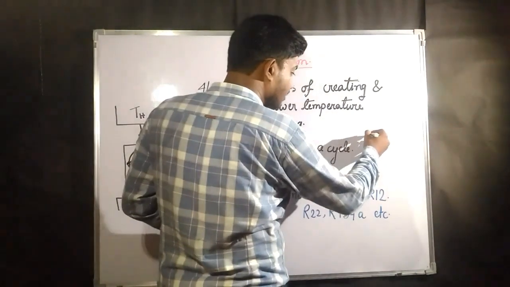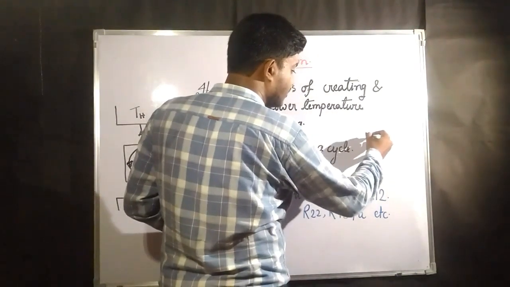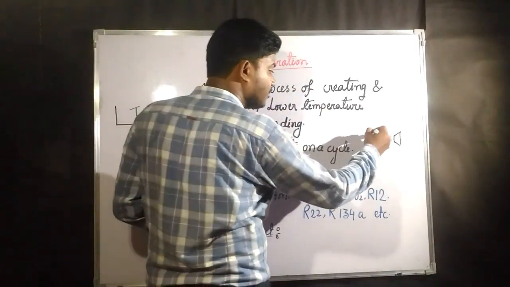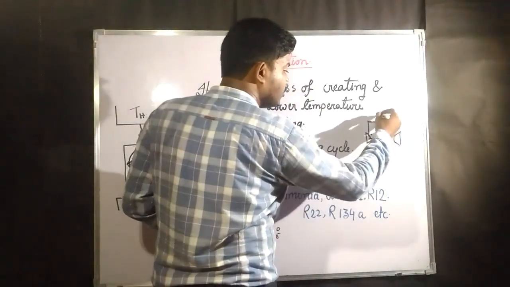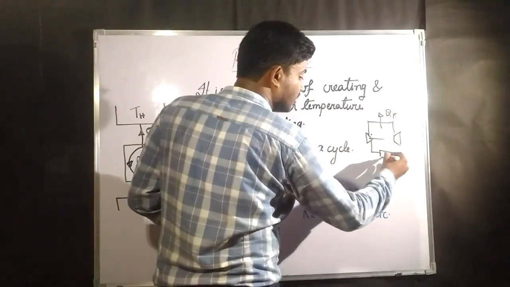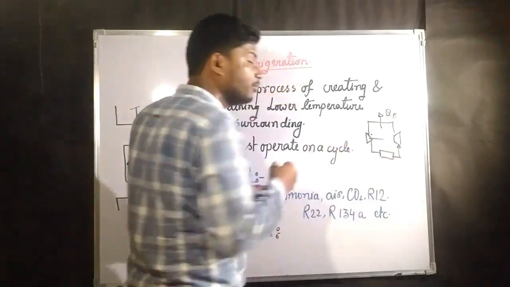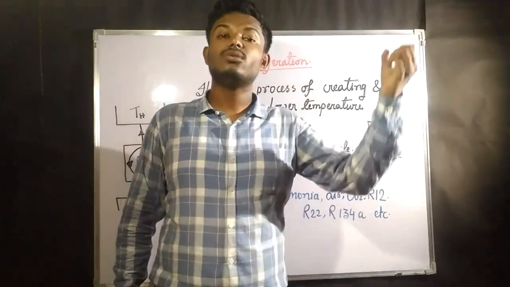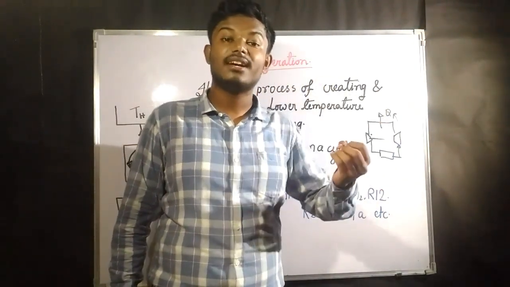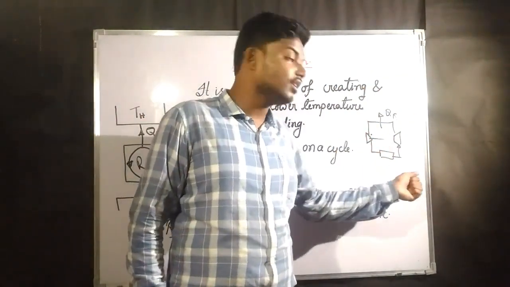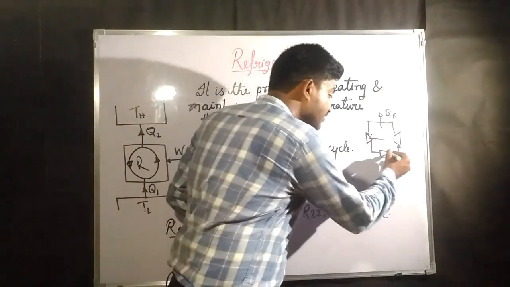Suppose there is a turbine and there is a compressor, and there is going to be a heat rejection system, and there is going to be an evaporator. Evaporator means what? In the evaporator, all the liquid is now going to evaporate. All the liquid is going to get evaporated and perfect steam will come out. So this device is known as the evaporator.